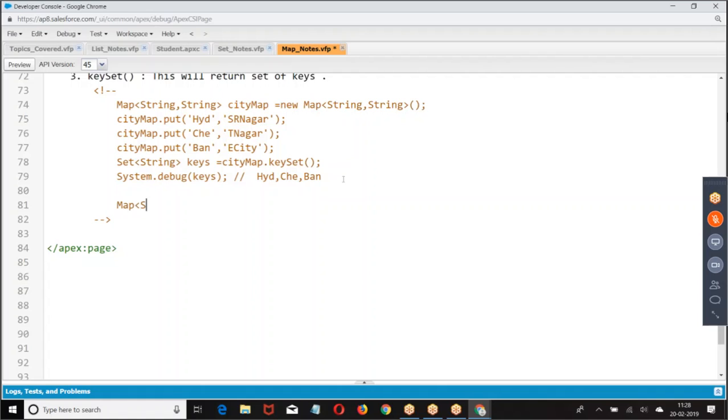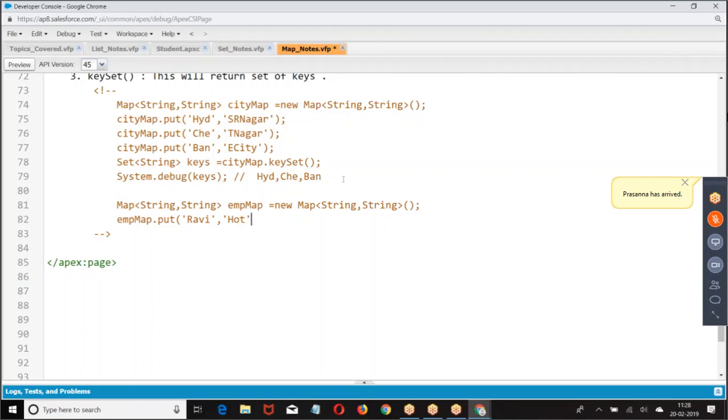Map of name as a key, rating as a value. Map dot put name.